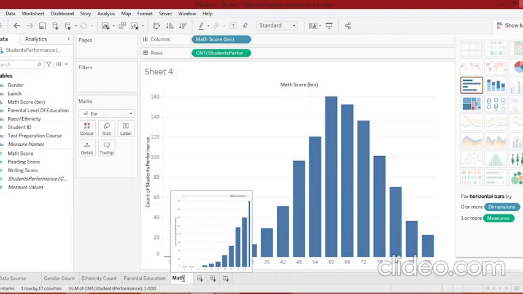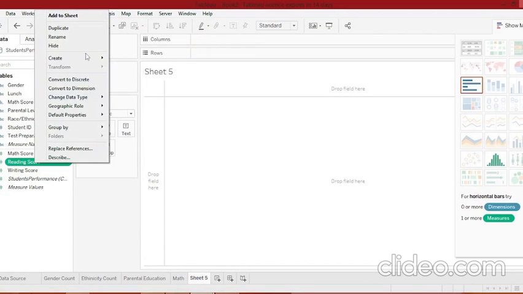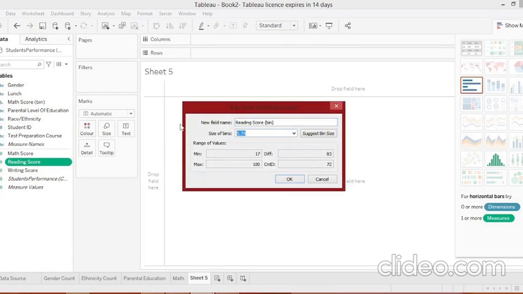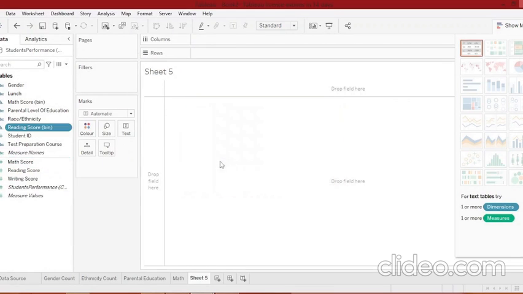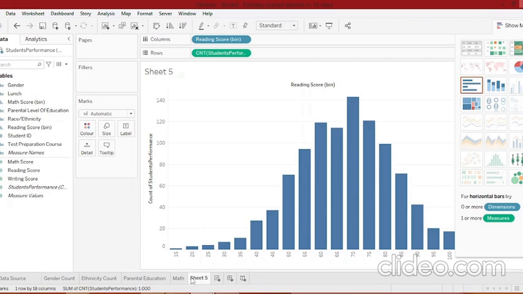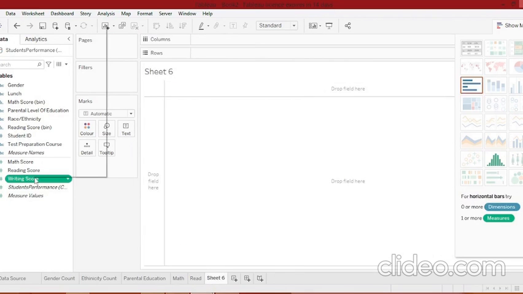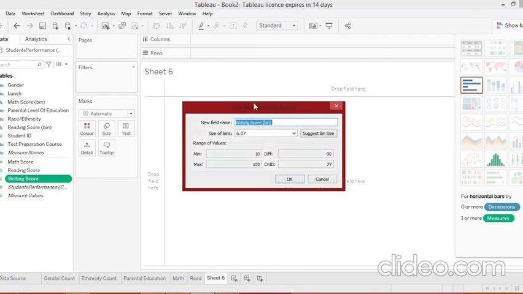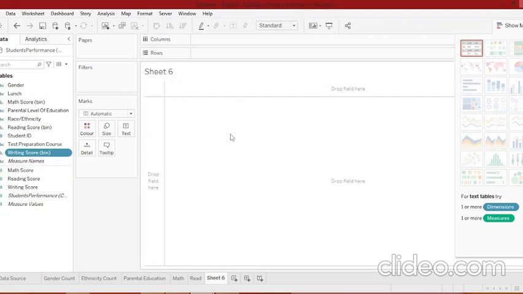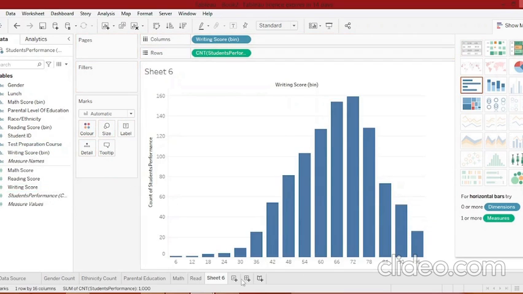I'll just go and complete the reading and writing score also, so that we can have some inference from this data. I'll name the sheet as math, and I'll quickly go over to sheet 5 where I'll create bins for reading data, and I'll change it into 5, and I'll move this here and count variable here. So I'll rename this as read, and go over to sheet 6 where I create bins for the writing data, and I rename it to write, and now I have this here in the measures. So I use this, and now we can see all these three histograms, which represent the scores in math, read,